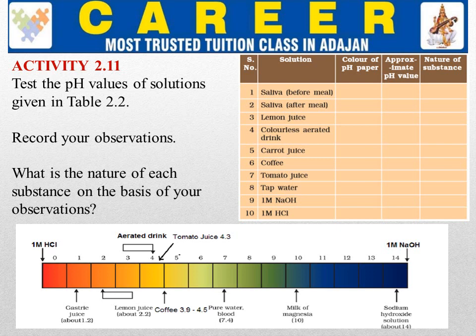And acidic pH on a pH strip appears to be yellowish to red in color. Whereas basic solutions which are bitter in taste, like salt, sodium bicarbonate, so NaHCO3, Na2CO3, bleaching powder, etc., are basic with pH greater than 7 and their color appears from green to dark blue. Here you can say that sodium hydroxide has the highest pH of 14.